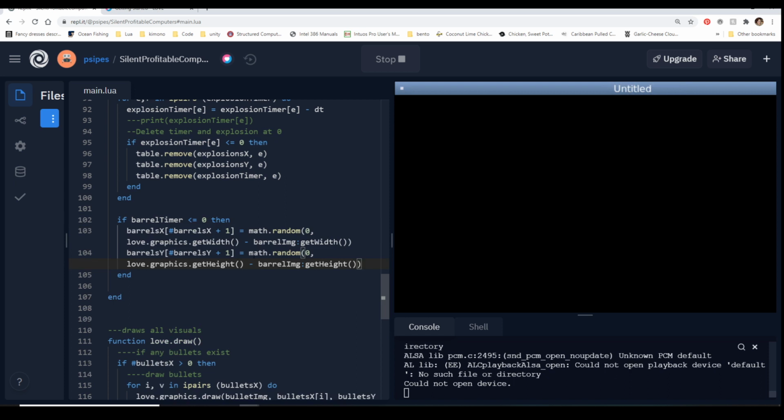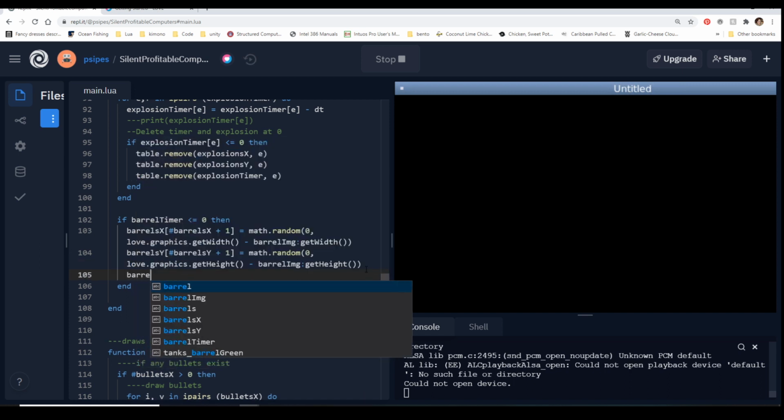But for now, we'll put it there. And if it's less than 0, we also want to reset the timer. So we're going to say barrel timer equals 2.